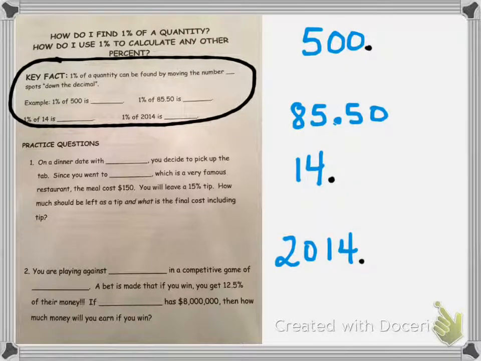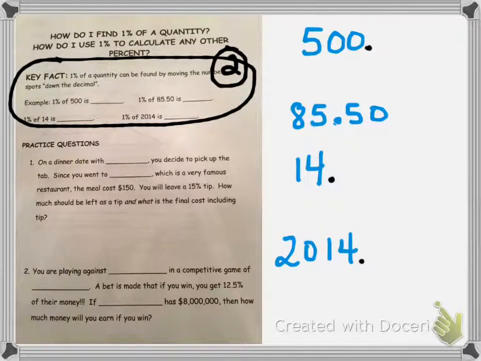These guided notes will take you through finding 1% of a quantity and treating that as a little building block to find other larger percentages. So as you can see, what's circled in black here is kind of the key fact we're going to use today. What it says is 1% of a quantity can be found by moving the number blank spots down the number line. So we're going to fill in this blank together, and what that number is actually going to be